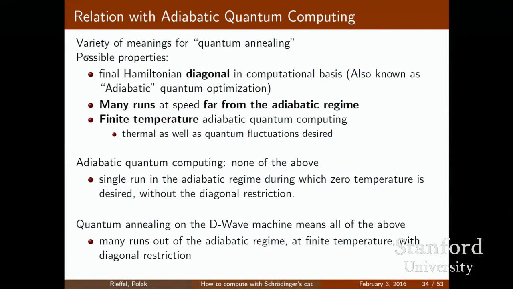It's in the slow adiabatic regime, but still in cases where you can get a speed up. For adiabatic quantum computation, we have proofs that there are speed ups and that it's equally powerful to the circuit model quantum computation that Wolf was talking about. And also it's ideally done at zero temperature where you're entirely in the ground state. Of course, any implementation will be slightly noisy, so that's always a little bit of an approximation, which is why these things merge into each other a little bit.